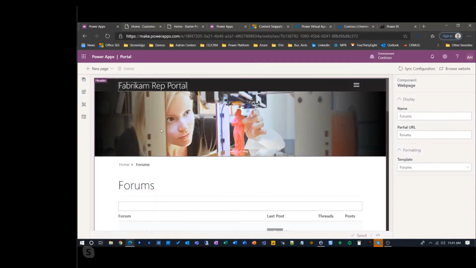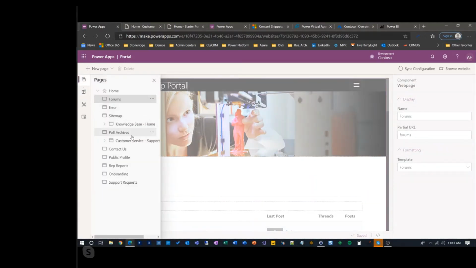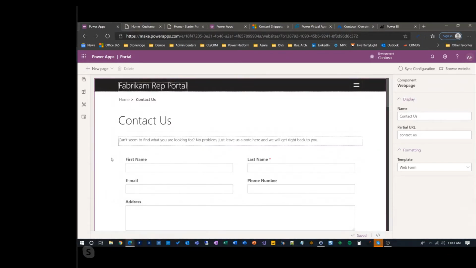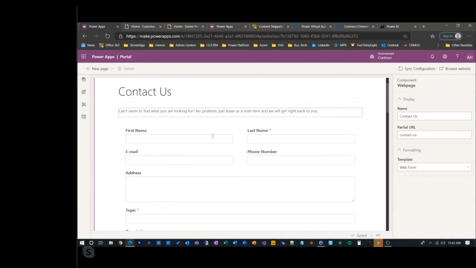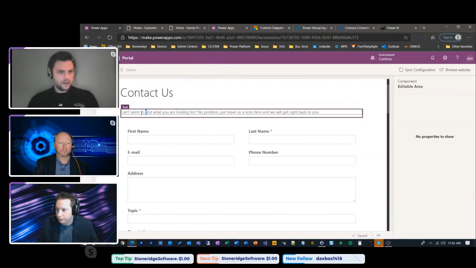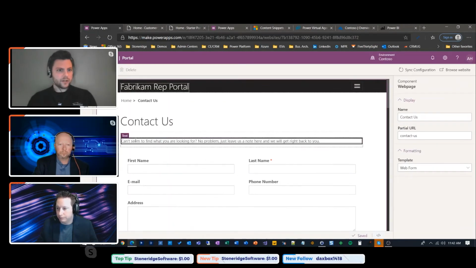So right now I'm on a forums page. Let's say I'll go to the contact us page, kind of like we saw a minute ago with that lead submission web page that we were living on. So first name, last name, pretty general contact information. But if I go and click on, say, this text box here, or a different section,